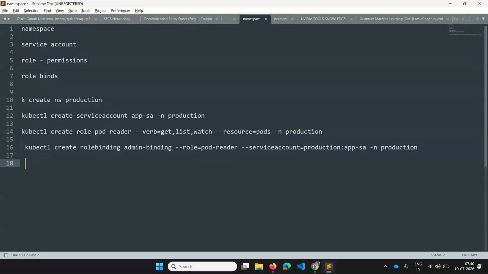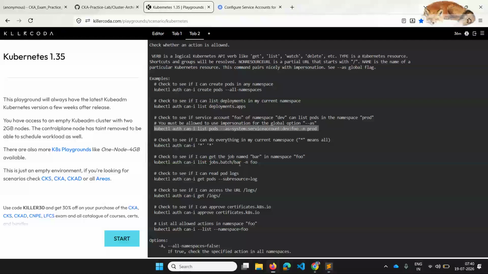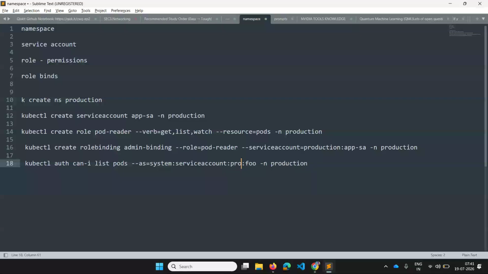Okay, so again here in the namespace of production, as system service account, and this is the environment I guess. So it's like impersonation, namespace, service account foo. So this is a production namespace, and the name of the service account is app SA.